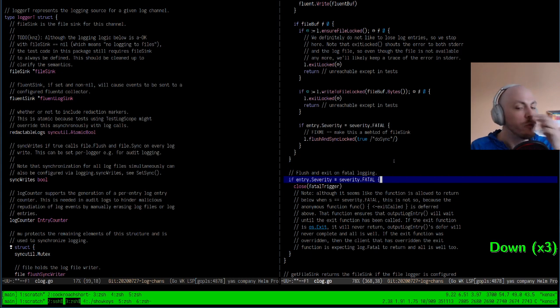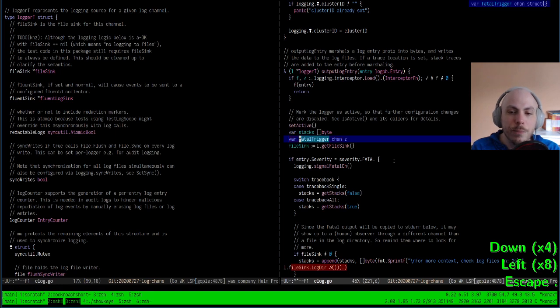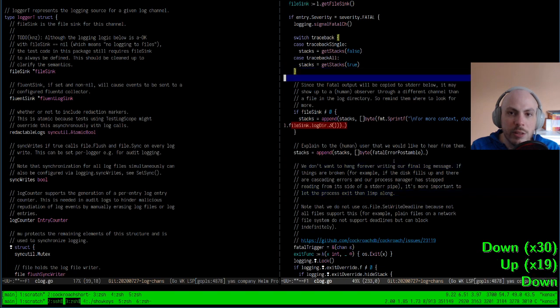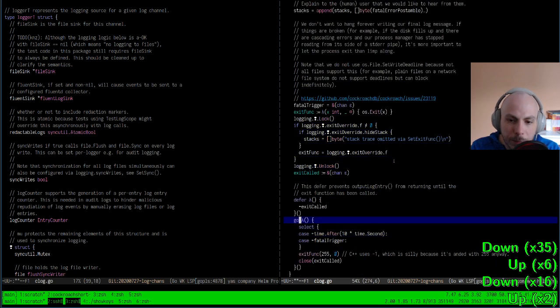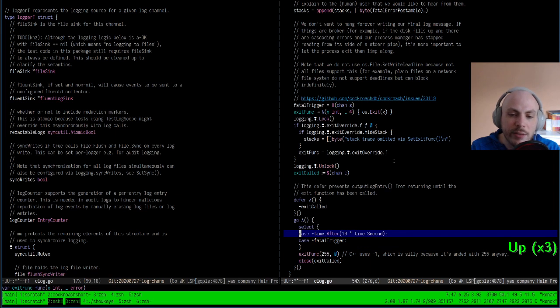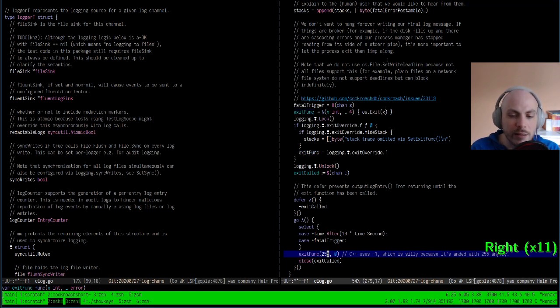And then now we have a little bit of something special called the fatal trigger. This is a channel that is going to signal to a Go routine here that after 10 seconds, if the rest of the process has not yet exited, then this Go routine will ensure that it does, by having this exit func, which is os.Exit in the common case, being called with this exit status. And then we also have exit called,